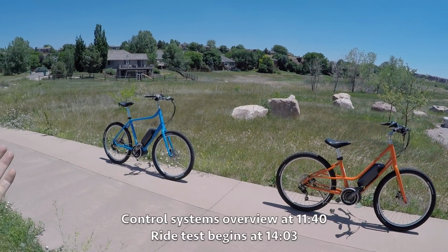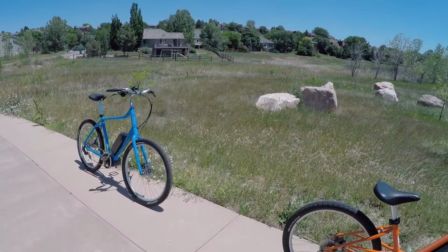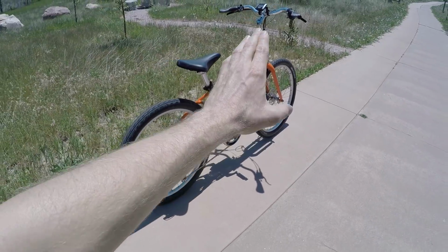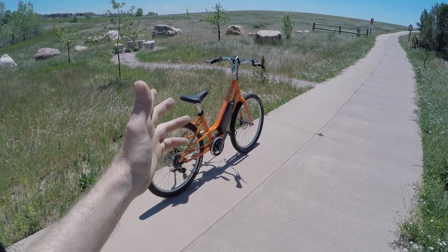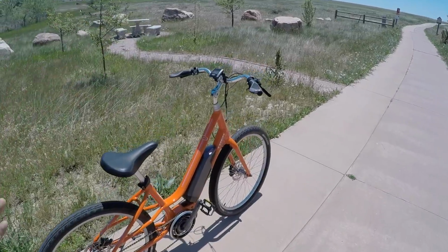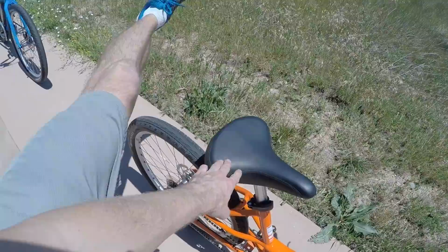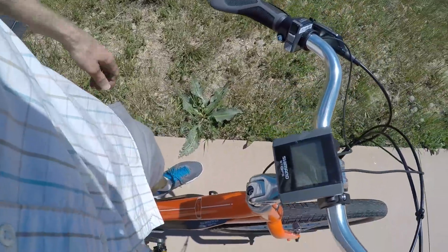And I thought it would be a beautiful location to talk about these new Trek electric bikes. This is the Lift Lowstep, and you can see that the tubing is a little bit lower, a bit more approachable. That's a 19-inch standover height. So for people who maybe are more petite or you're wearing a skirt or something, rather than having to swing your leg up and over the back or really lift it up high, you can just easily hop over and